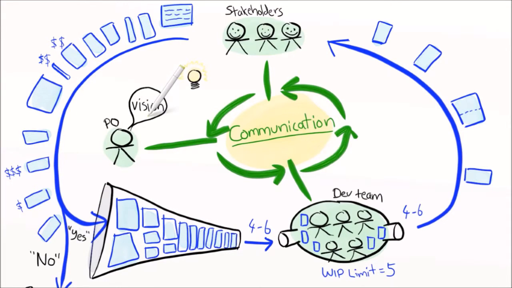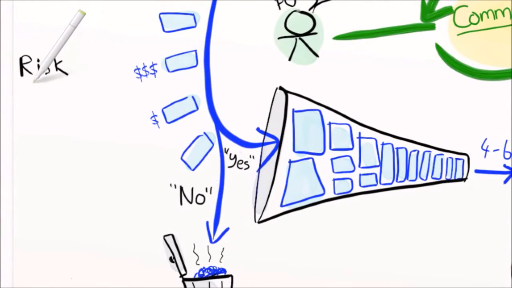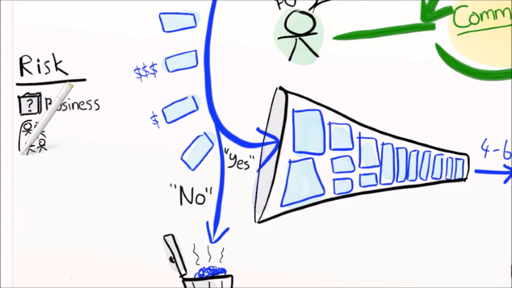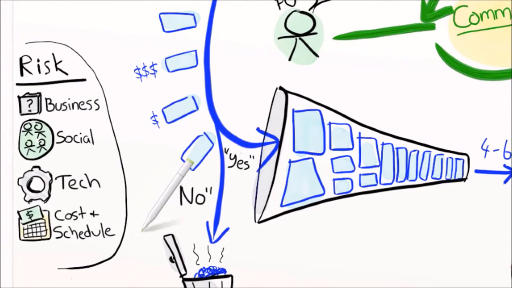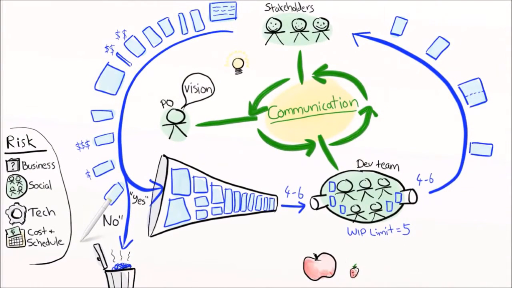Early on in a project, uncertainty and risk is our enemy. There's business risk. Are we building the right thing? There's social risk. Can these people build it? And there's technical risk. Will it work on the platform that we want to run it on? Will it scale? And there's cost and schedule risk. Can we finish the product in a reasonable amount of time for a reasonable amount of money? Knowledge can be seen as the opposite of risk. So when uncertainty is high, our focus is knowledge acquisition. We focus on things like user interface prototypes and technical spikes or experiments. Maybe not too exciting for the customers, but still valuable